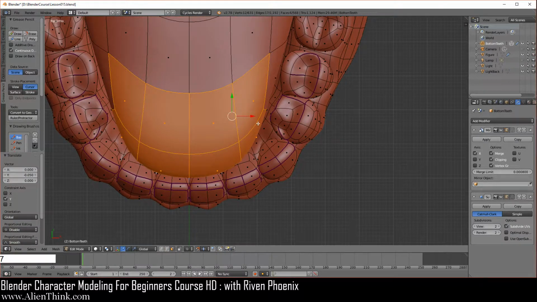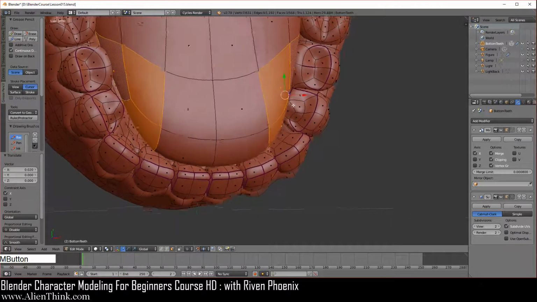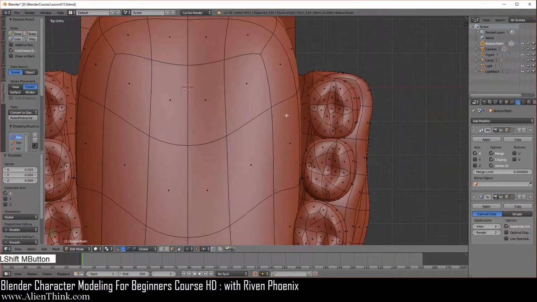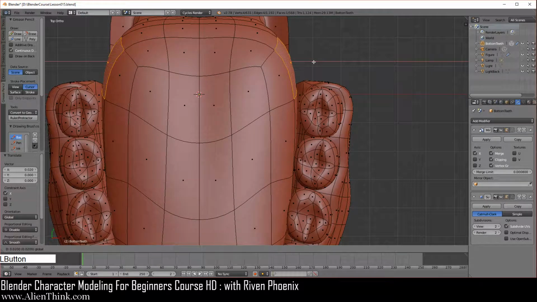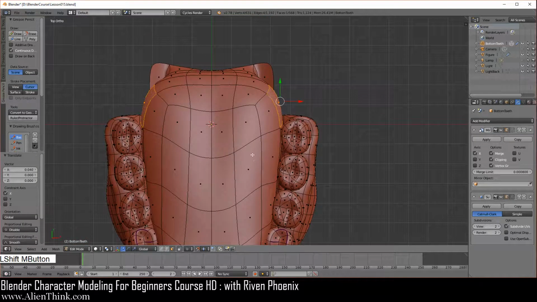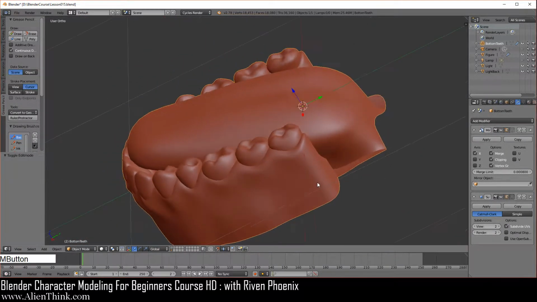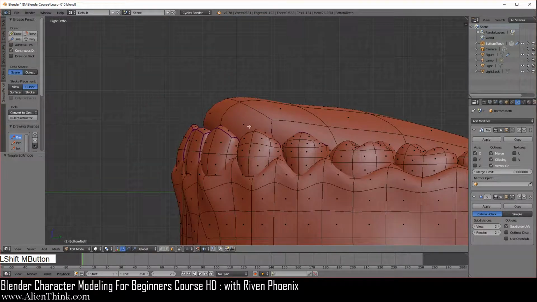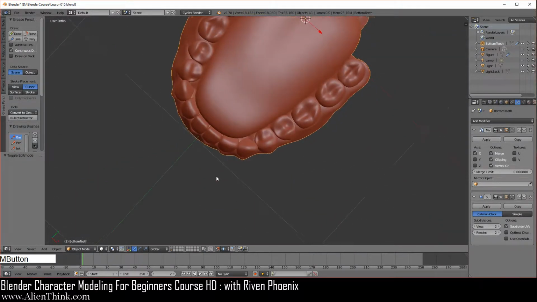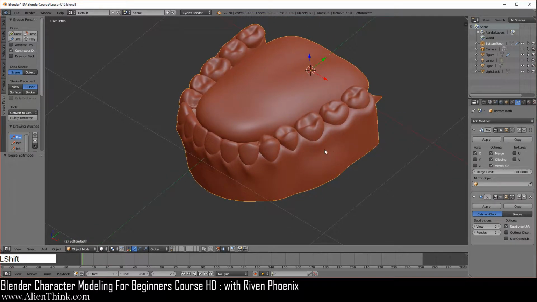Okay, that's the 7 key. I'm going to click on this, and this, and bring it out 1, 2 over here, fairly close over here. Then here on the top view, we're going to click on this, bring it out 1, 2. I'm going to do that again. Bring it out 1, 2, 3, 4 to fatten it up. I'm just going to do tab over here to make sure everything's there. And then finally we can click on this, and this, and we're just going to bring it in 1, 2, 3. Okay, tab. So now we've completed this whole area for the tongue.